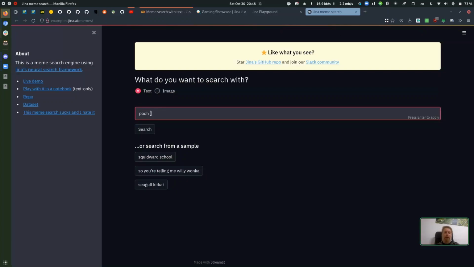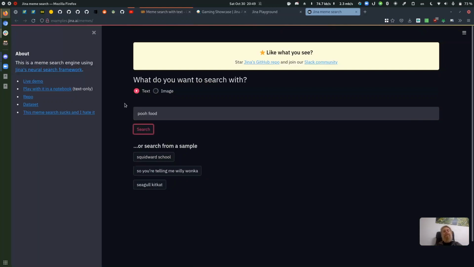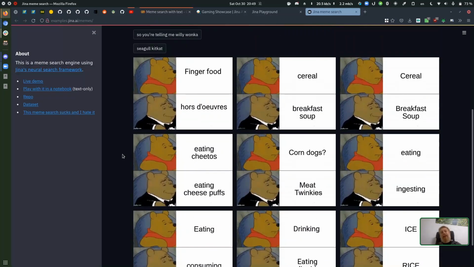So we can type in Pooh food. And I really wish I'd thought of how this sounds before I had used it as an example. Pooh food is not a nice term. Sorry, people. But yes, it's looking at the name of the template, Winnie the Pooh, and